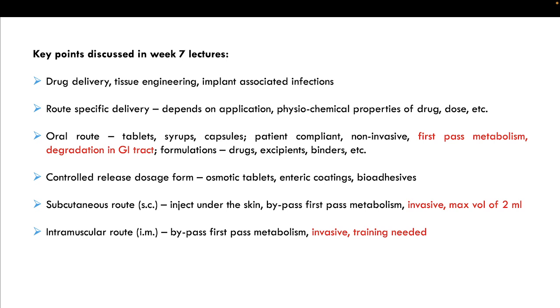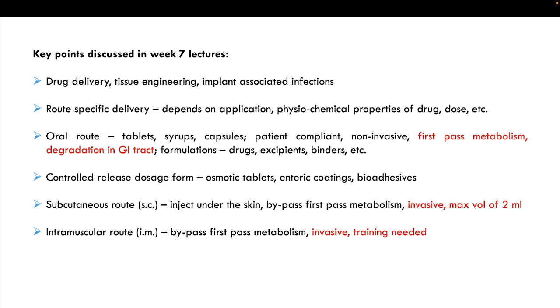So intramuscular is where you take an injection and release the drug in the intramuscular layer. Similar to the subcutaneous route, this also bypasses the first pass metabolism, and since it's an injection, it's going to be invasive. Both subcutaneous and intramuscular injections can be administered by the patients themselves, but you need to give some training to the patients of exactly where the intramuscular layer is,